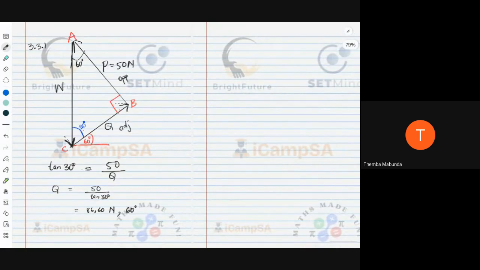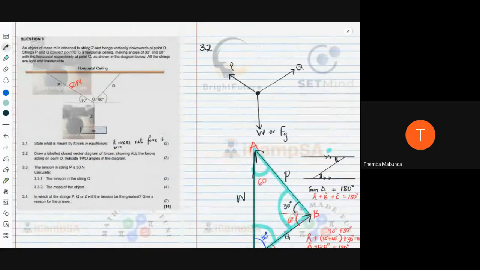There's also a second method that you can use. Usually that one will work if you can't get this vector diagram, but I doubt you would struggle with that. What that method entails is, it's a bit longer though. You would have to group, let me see. Yeah, that one is a bit long. But essentially what you would do is,